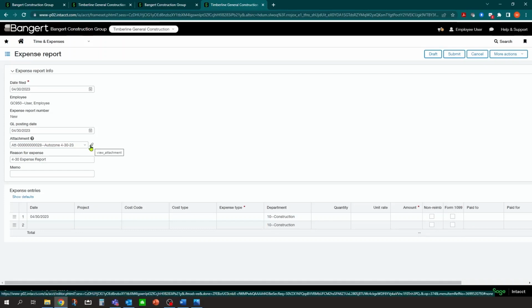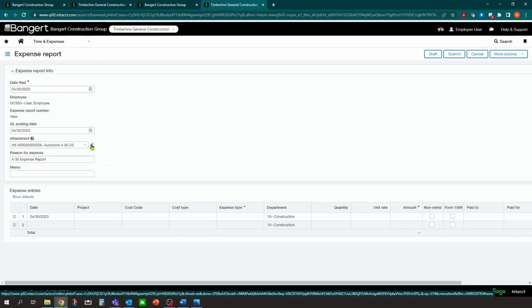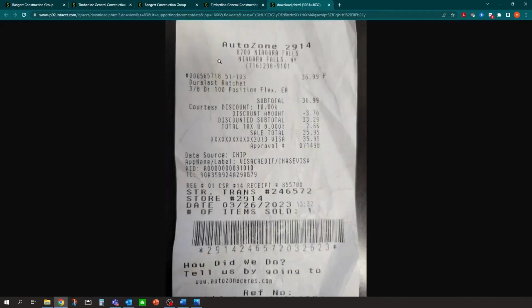So if you had an expense report with 10 receipts, you can drag them all in at once or separately, and they'll all be on this list here. When you click view attachment, we only have one, so it pops right up, but you'd have to pick which one you want to view to see it. So I can see here someone approving can look at this receipt, and we'll do that in a second. So it's $35.95.